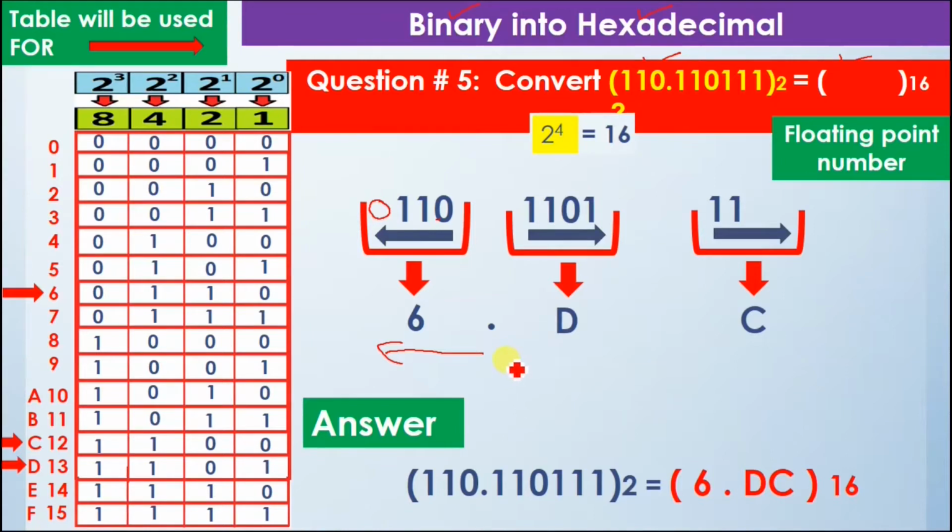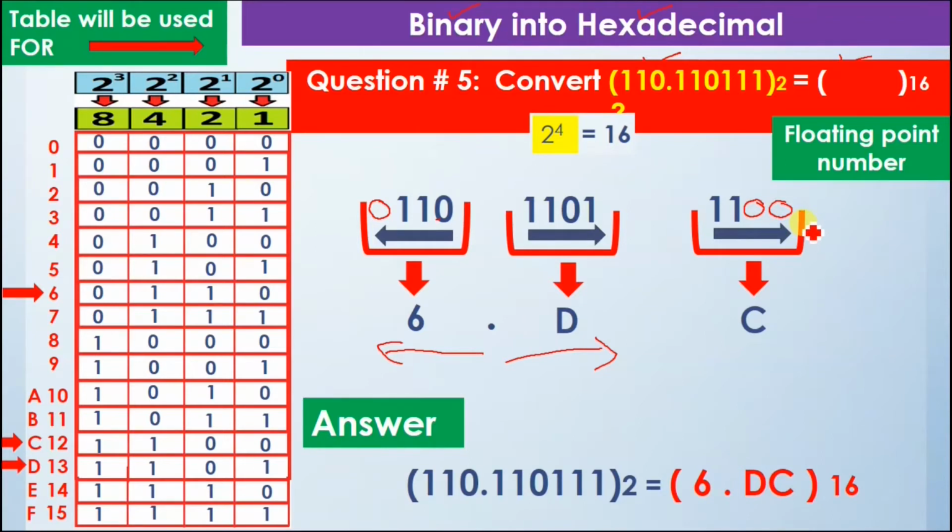Next we are going to move towards the right side from the decimal point. So here we make the group of 4 bits 1101. Alright, so this group is completed. And next we are left with only 2 digits, that is 1, 1, and we write 1, 1 here. But we know that we have to make a group of 4 bits. So we add 2 zeros to that. So here all the 3 groups are completed.